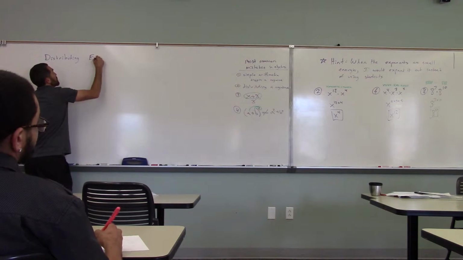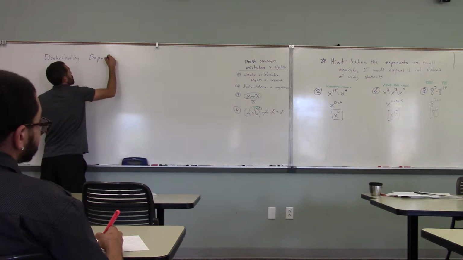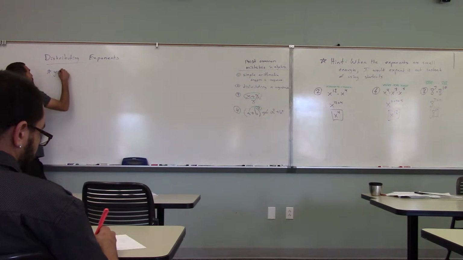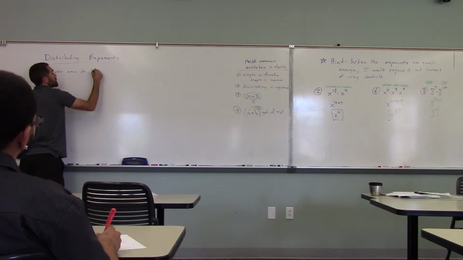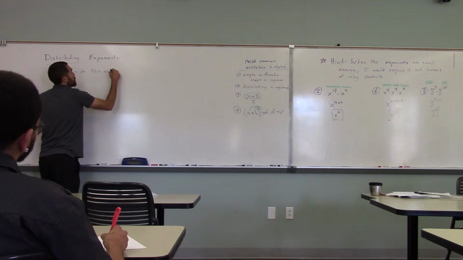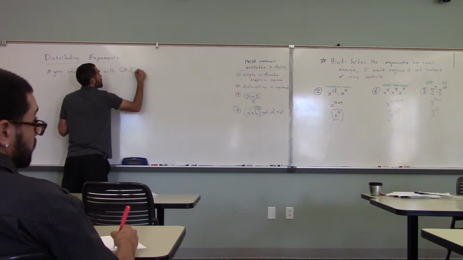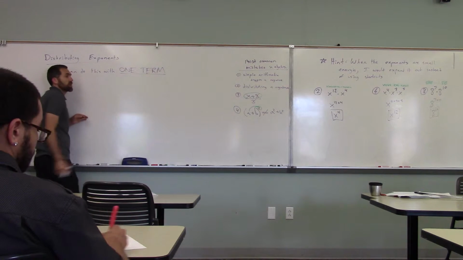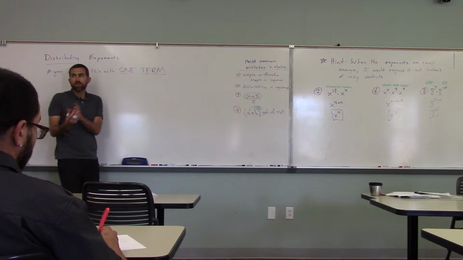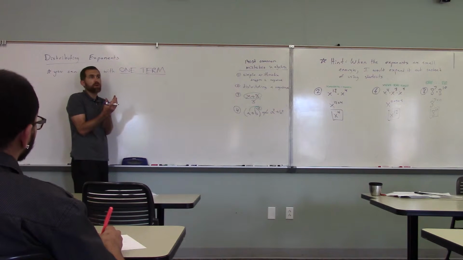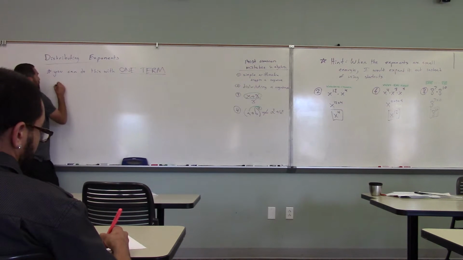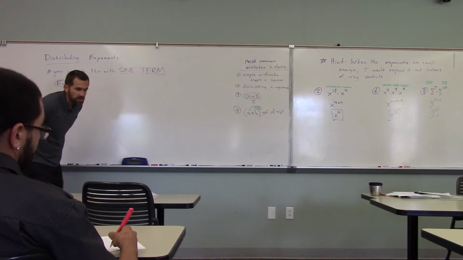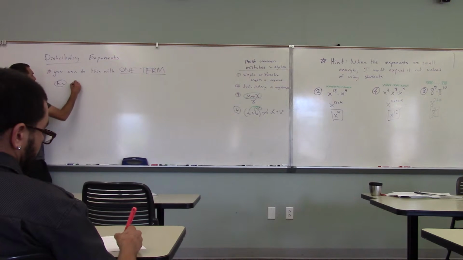distributing exponents. You can do this with one term, right? Just like everything in math, that addition and subtraction sign breaks all the rules. With monomials, you can do so many things. With polynomials, you absolutely can't. Okay, quick example is number 16 in the book. So 16 is